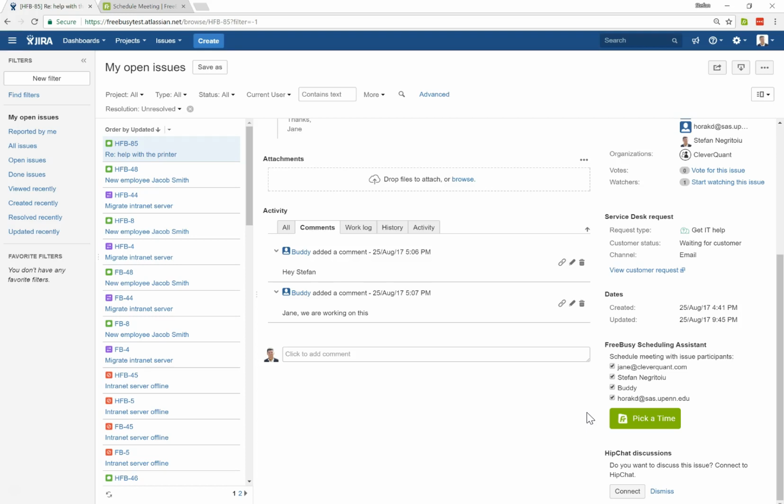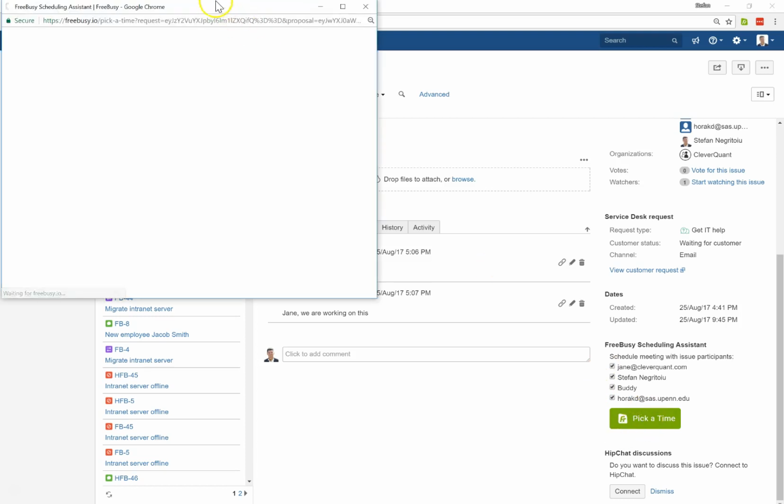It's possible that in order to solve this request, you may have to meet with people on your team, and so you can select those, or maybe you want to organize a meeting with the customer to discuss the issue altogether. But nevertheless, all these checkboxes here pull all the involved people in this ticket from either the comments or the participants or the assignee, and then you've got all of the individuals here, and then you